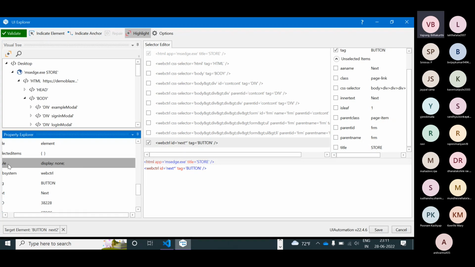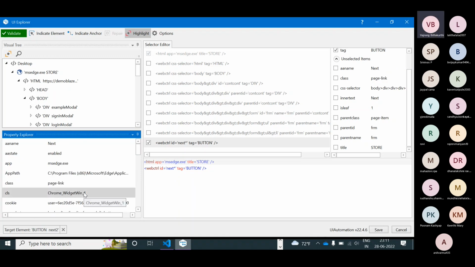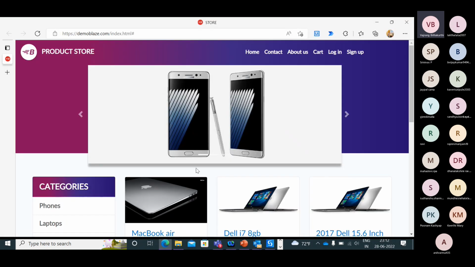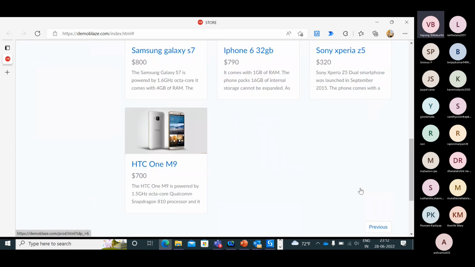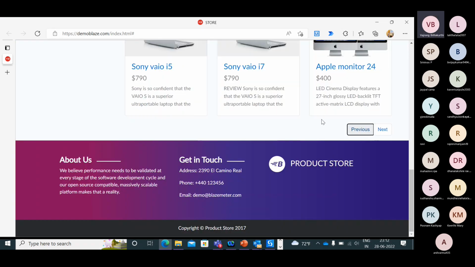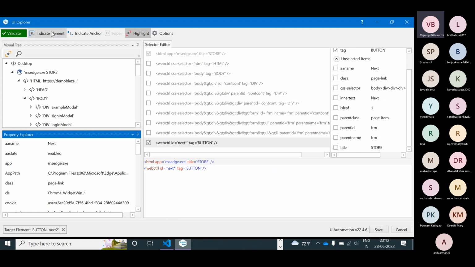If the display is none, then we will not be able to click on that particular item. So how can we do this if we don't have something with respect to the selector? I'm not able to see this one now. So how can I do it? Any idea?